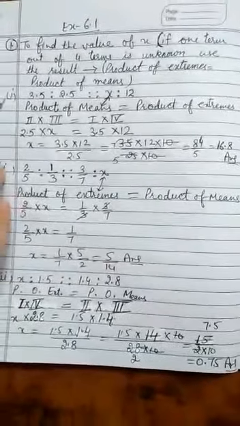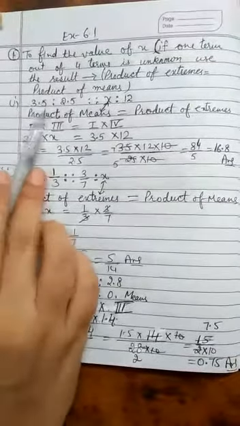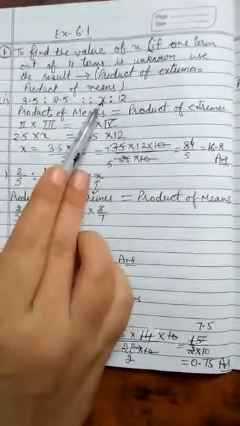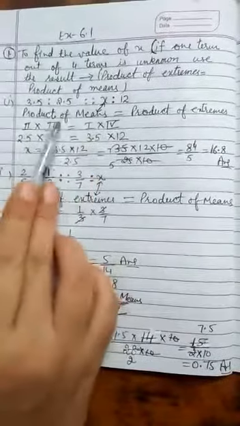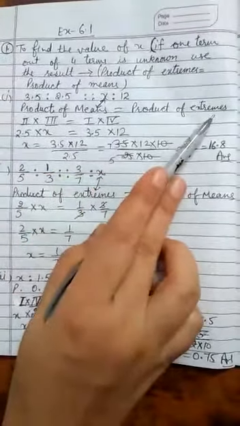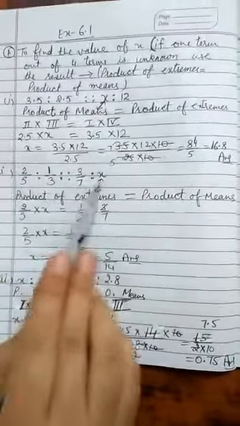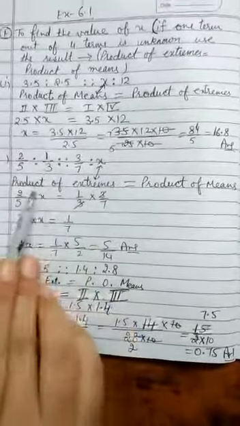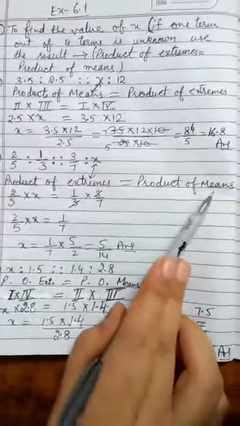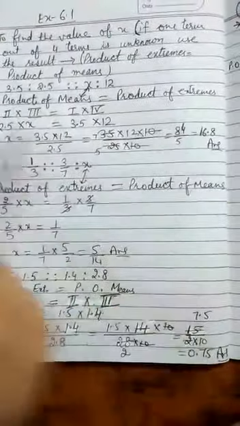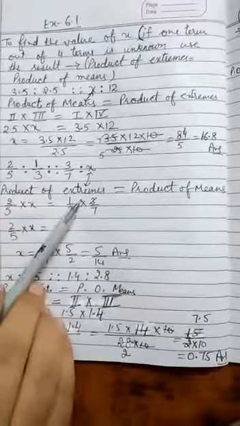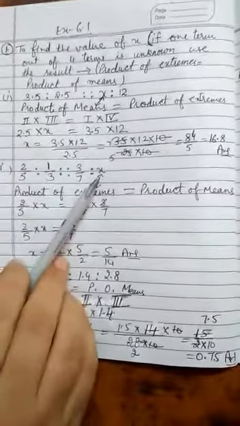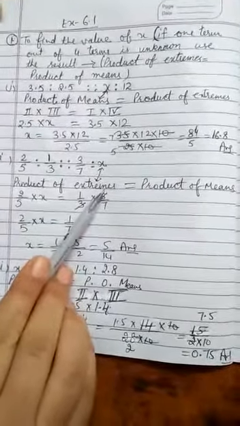So here is our first sum of the exercise, part 1. It is one ratio equal to another ratio, and here is one unknown term. When the unknown term is in the middle, we use the formula product of means is equal to product of extremes. See, in the second part, x is in the last. When it is in the last, we start with product of extremes is equal to product of means. It is the same whether we write product of means first or product of extremes. If the middle value is missing, I start with product of means. If the last term is missing, I start with product of extremes to make the calculations easy.